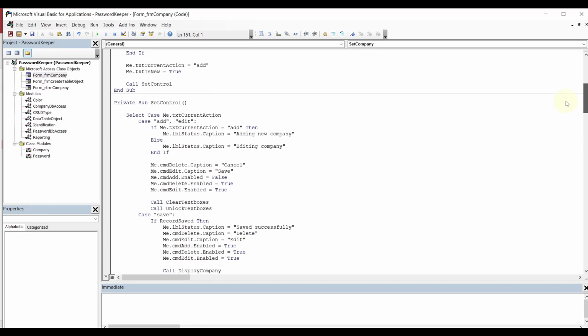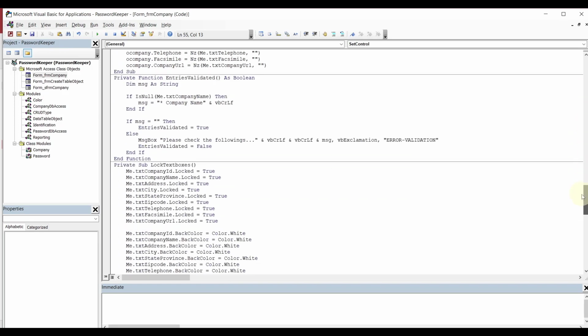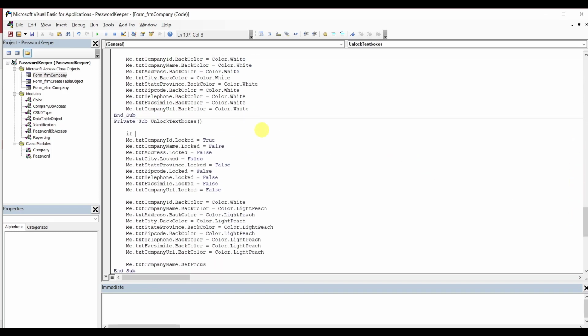So now, when we said add, anytime we clear, actually, you know what? Let's do that. I'm going to remove that. We're going to do all module right here on unlock. Remember how we did that? We validate if